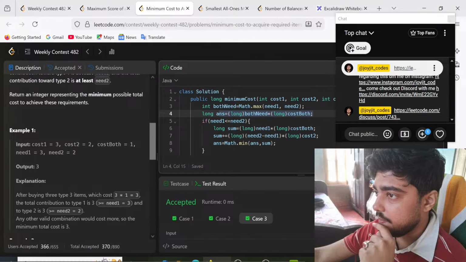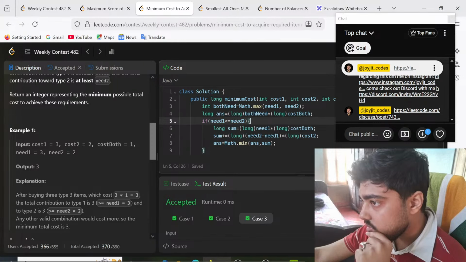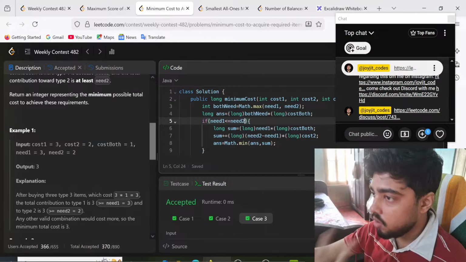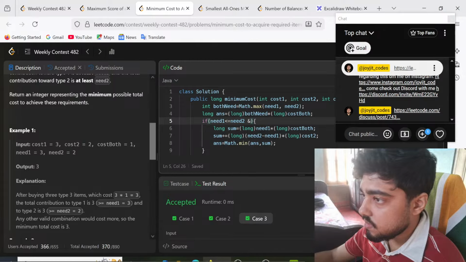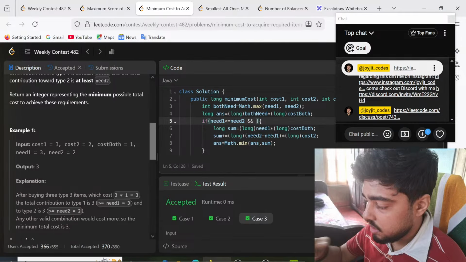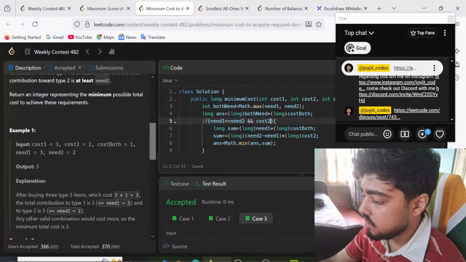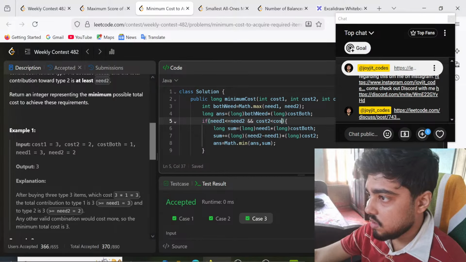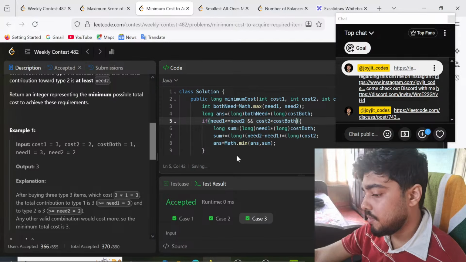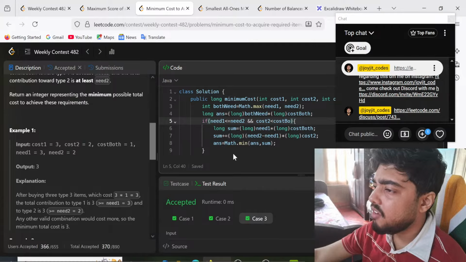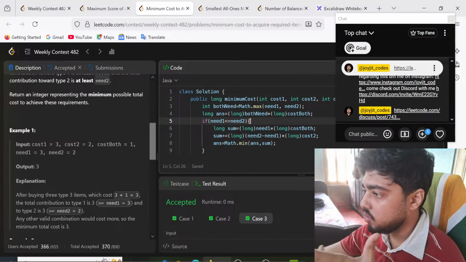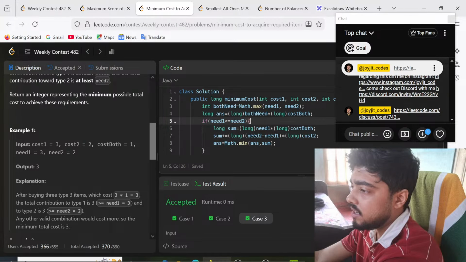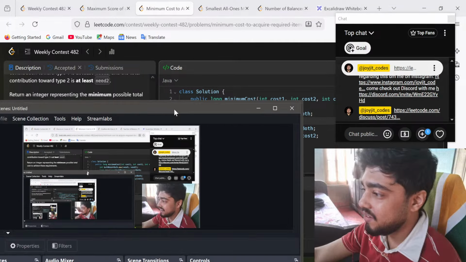Okay, so there are various ways. If you want to make the computation easier, you can put an and over here also, that is, cost 2 is less than cost both. But for our concern, I don't think we would do that because we don't need to. That is too much complexity. Whatever is not needed, don't do it, specifically during a contest.